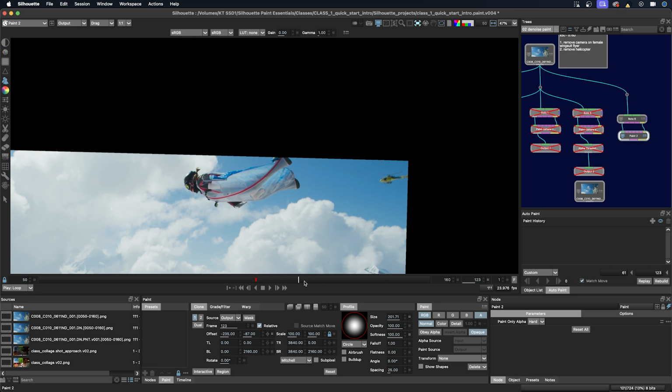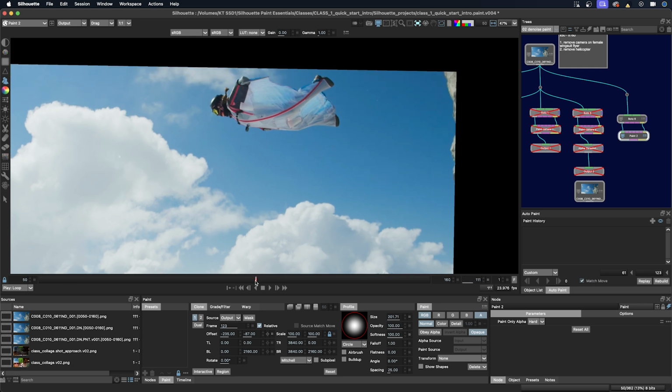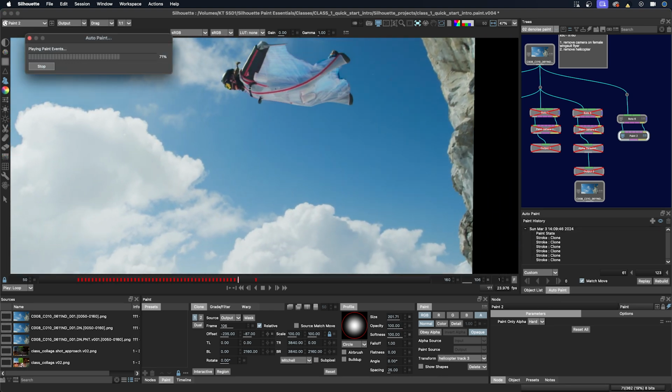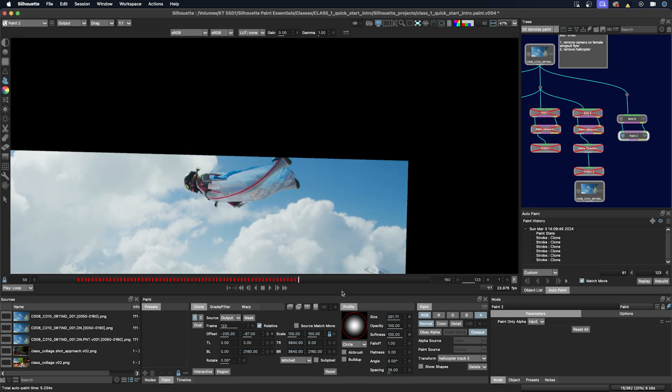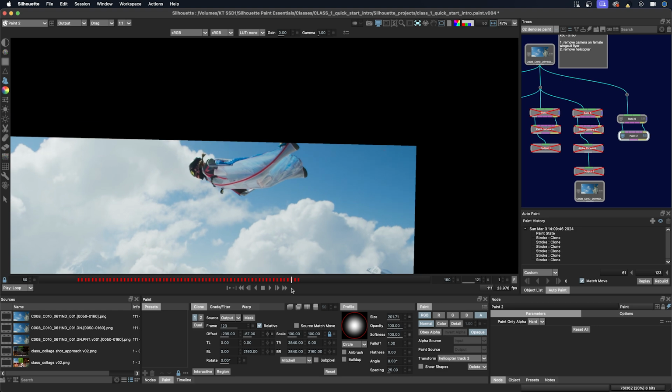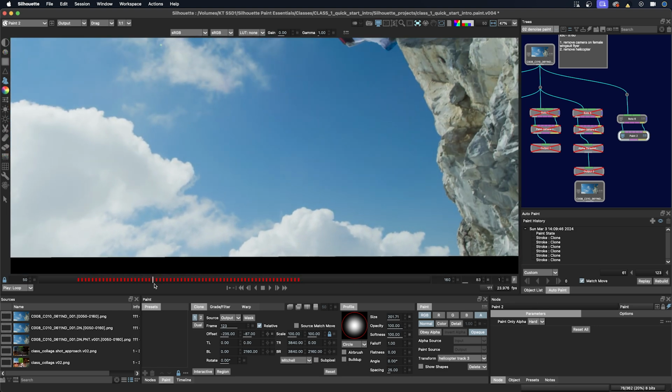Now we have to go back to the frame where our paint was. We'll select our strokes, make sure that match move is enabled, and make sure that in the transform pull down that we have selected our tracked layer. And now we can press play. Okay, so that looks pretty good. The helicopter's gone, besides a few frames at the head and the tail.